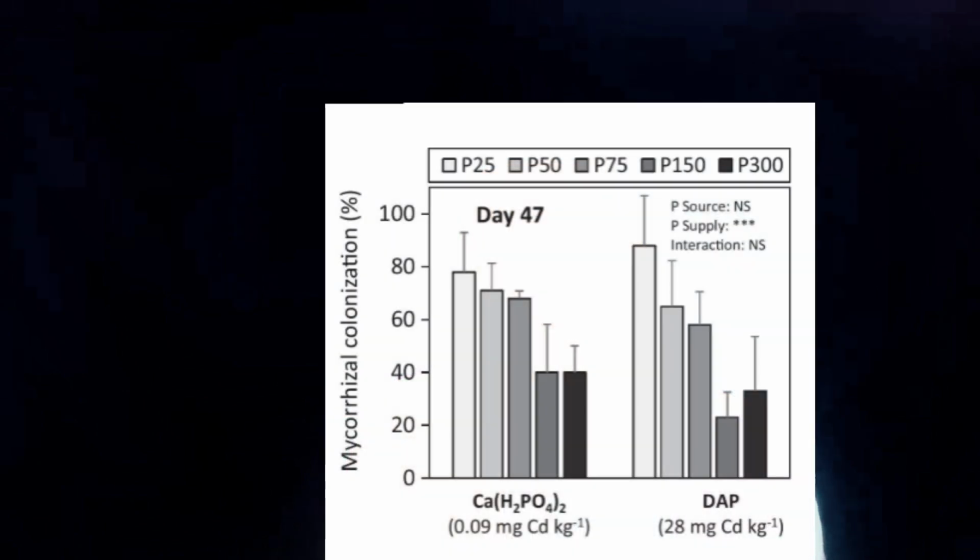Let's discuss what are the factors which can reduce the activity of mycorrhiza in the root zone or roots of plant species. One of the main factors is soil with less organic matter. If a soil has less organic matter, it has a negative effect on the mycorrhizal colonization of crop plants grown on such soil. The other factors include phosphorus fertilization. When we provide a high amount of phosphorus fertilizers to our crop plants,